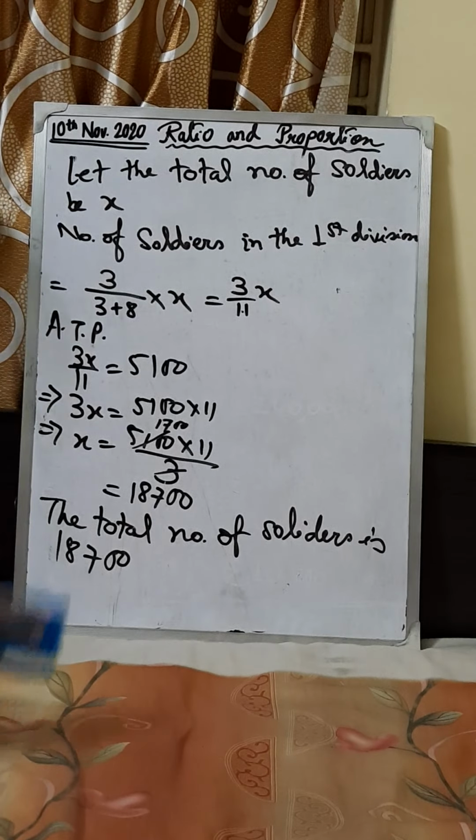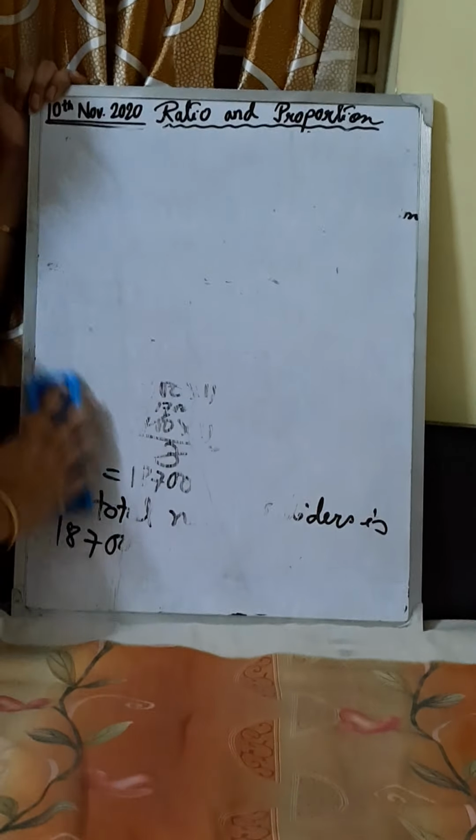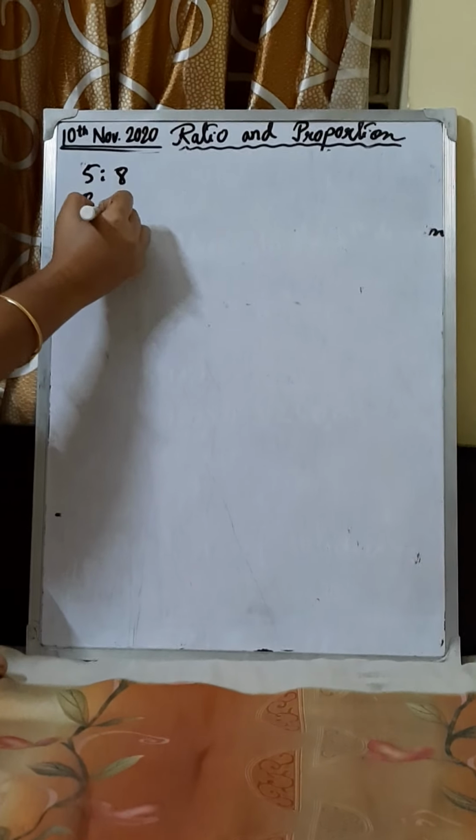Now I can just do it on the board, then you can easily understand how you can find the number of days. Okay. Now see the question. Here you can see hours are 5 hours and then in the second case hours are 8 hours. With the increase in the daily time of work, the time of finishing of work decreases. Right. Here the daily time of work increases in the ratio, so the time to finish the work will decrease in the ratio. So, increase the time 5:8, decrease it 8:5.